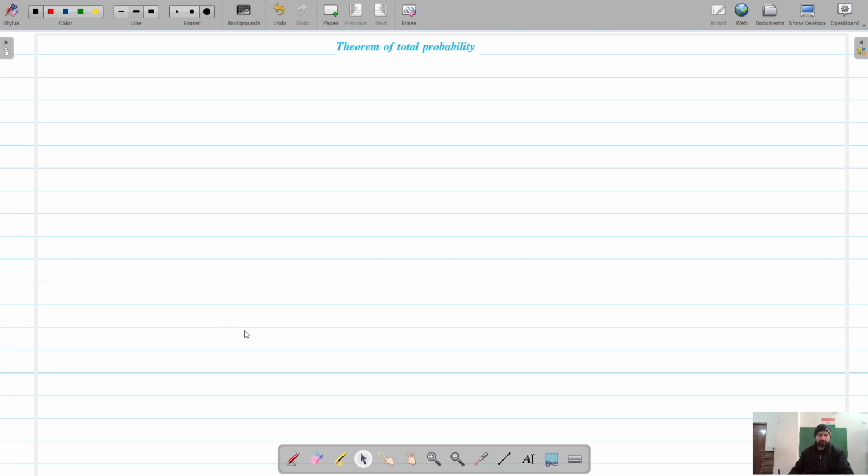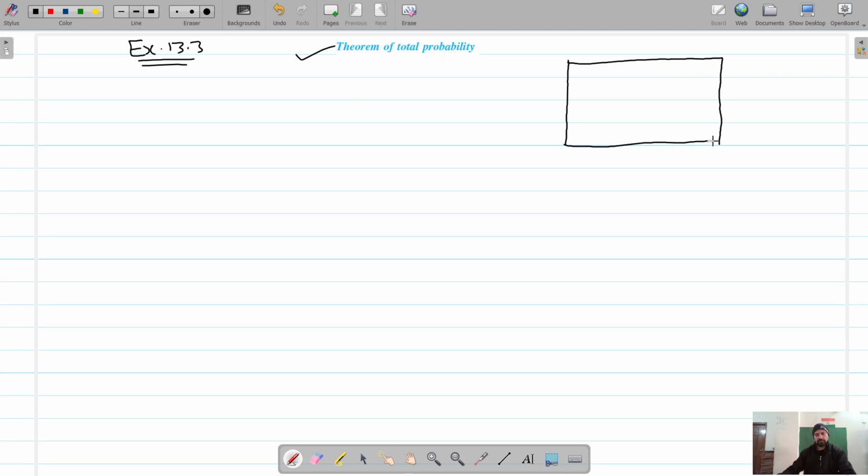So we are on to theorem of total probability, and that's what we are going to discuss in exercise 13.3. And coming on to theorem of total probability, to understand this, let's say we have this sample space